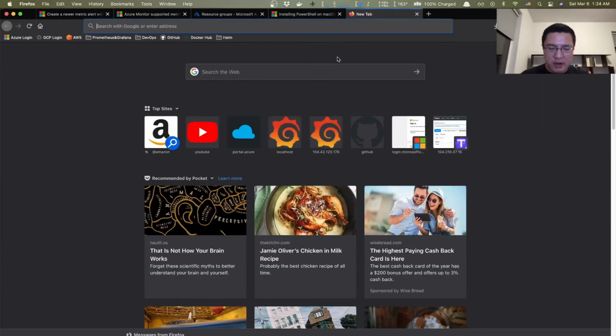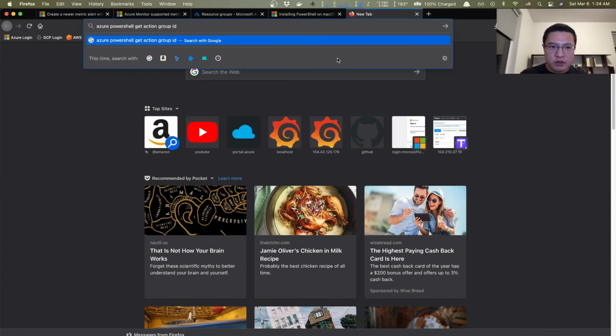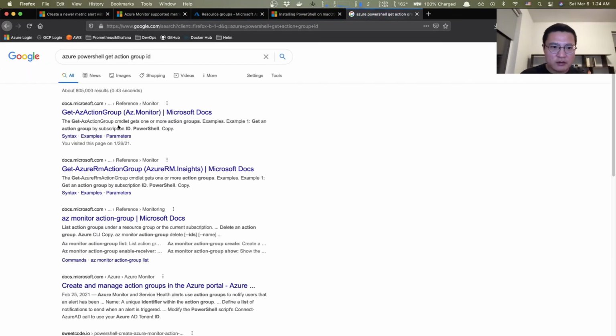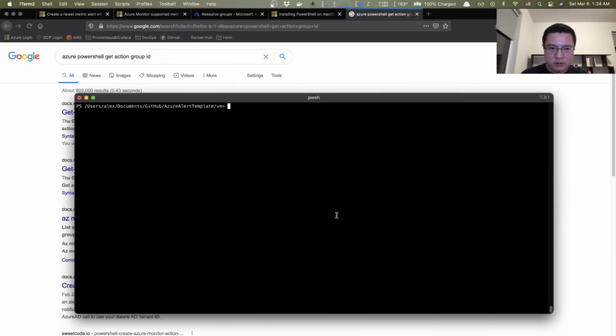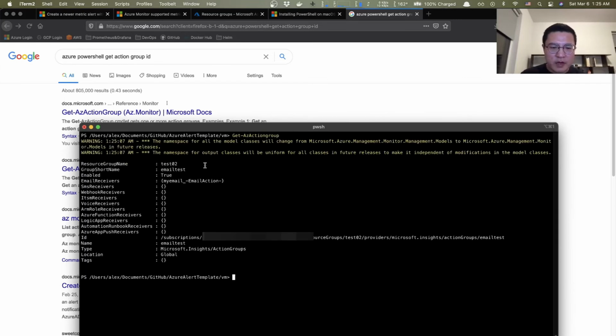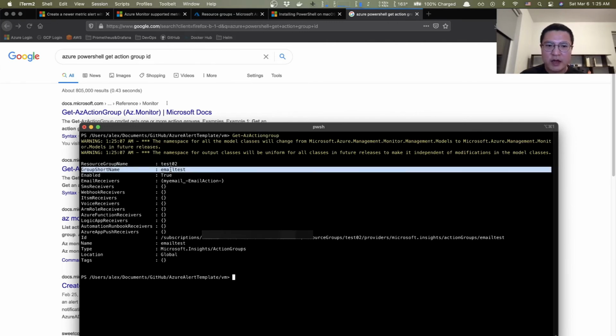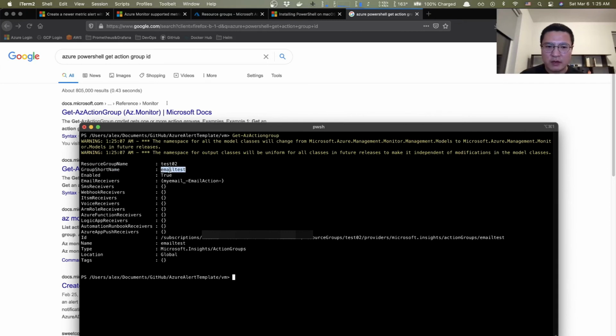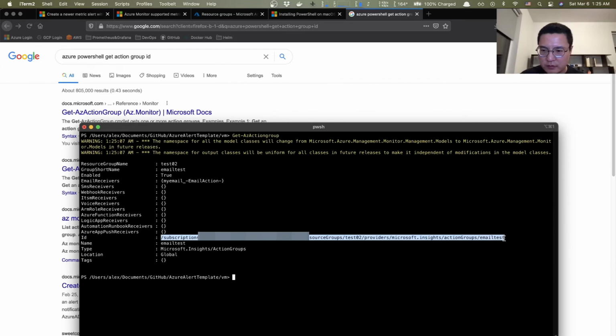Here, just type in Azure PowerShell get action group ID, and here we go, Get-AzActionGroup. That's the command, and let's try that. Okay, here we go. It lists out the ID of these action groups. Test under test 02. This was the action group I created, right? Email test. Okay, so you just need to copy the ID, this whole string,